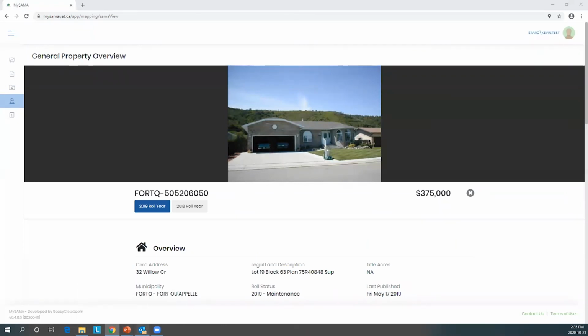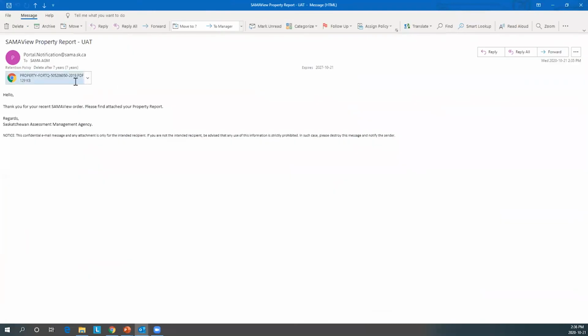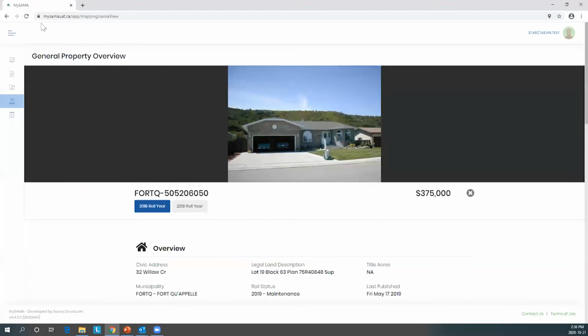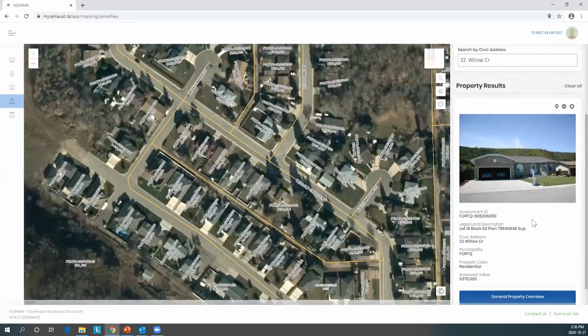And I'll just see if I can pull up an example here. Yeah, so there is the email that came to my email address, PDF, and the report. So you've got it permanently for your reference for the future. I'll just close out that email. All right, so when you're done with the property, you close it through this button and you're back to your